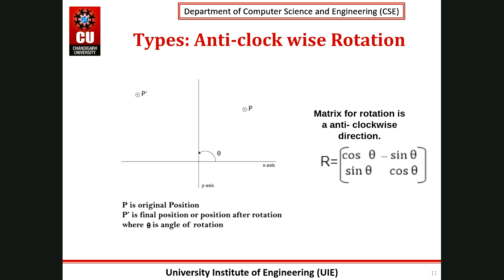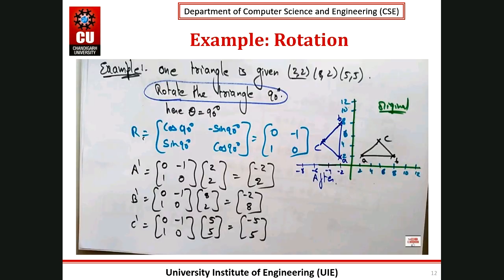So let's have one example here. I have been given a triangle with coordinates: this is A, a point of the triangle, that is (2, 2). B is given as (8, 2) and C is given as (5, 5). What I want is to rotate this triangle by the theta angle given to us,